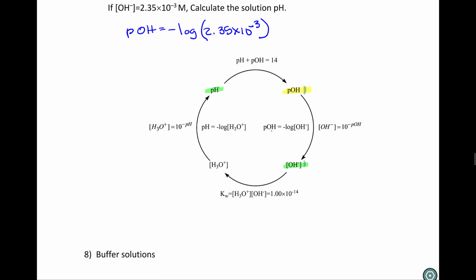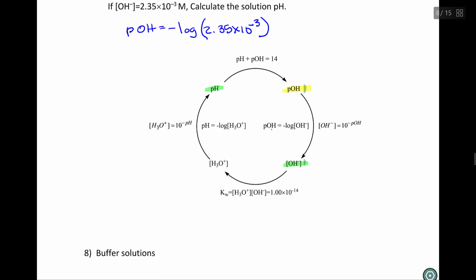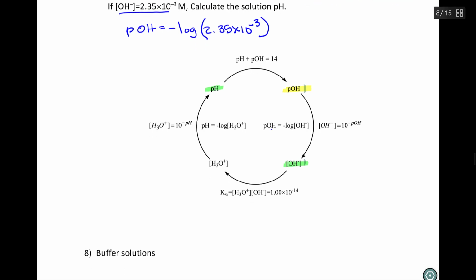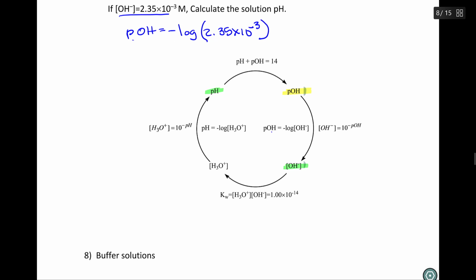In order to do this calculation, what you have to recognize is that, look, it says if this is that, so I have the OH value, and I'm looking for the pH, and like I said, if people can incorporate this equation, that's typically the way they'll do it. So, how do I do it, right? I take the negative log of my hydroxide ion concentration, and that'll give me my pOH. So, negative log of